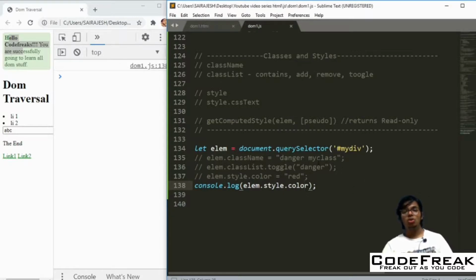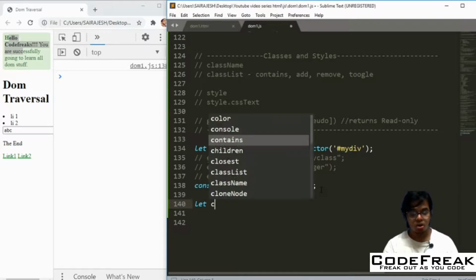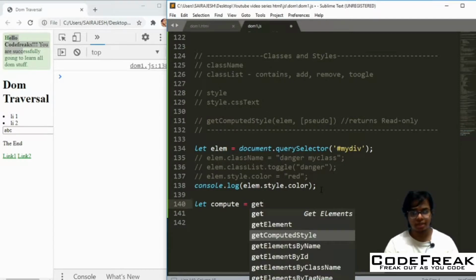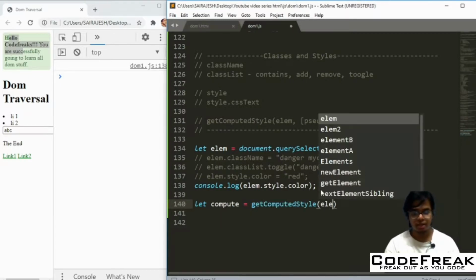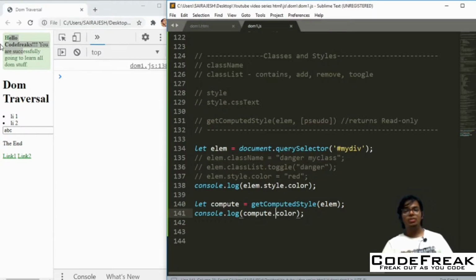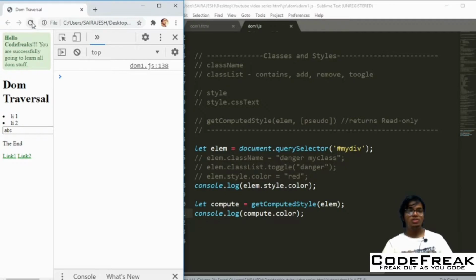To get the final calculated style, we use getComputedStyle. Let me show you that. So let's create an element called computed style, or just compute. I'll get an element called compute, and you can use the function getComputedStyle, and then let's put in the element. Now if you do console.log compute.color, you will actually get the color whatever you see here.